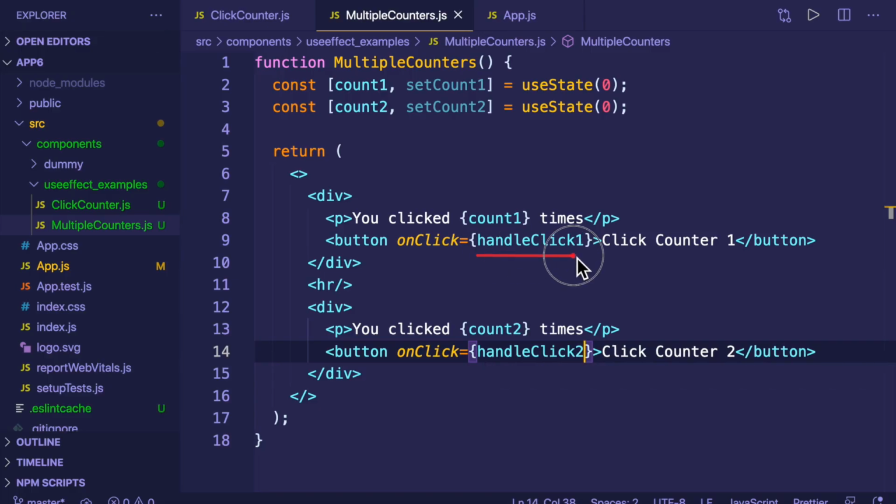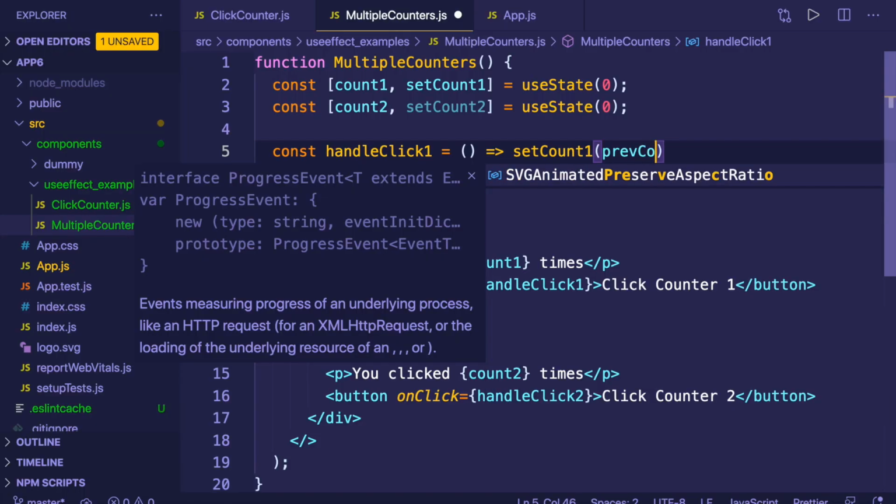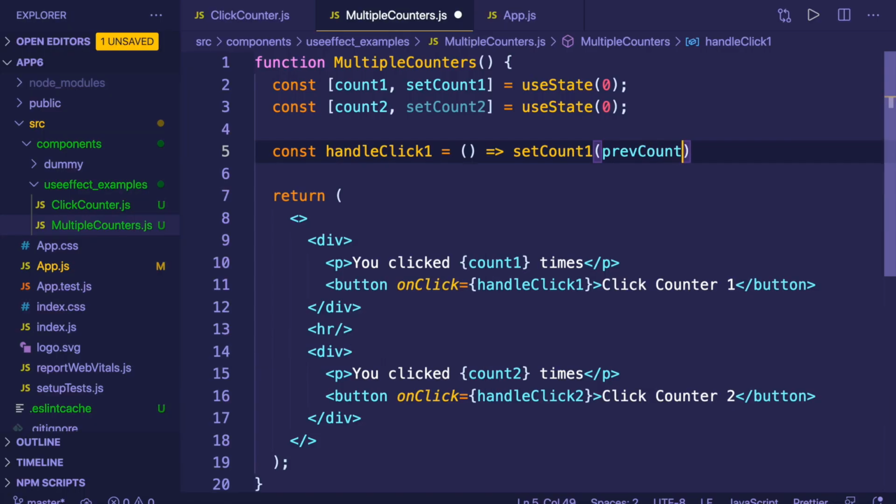Now let us define handleClick1 and handleClick2. So I'm going to write const handleClick1 equals, let's make it an arrow function, and in the function body we need to increment count1, so we need to call setCount1. Since the new value of count1 will depend on the old value of count1, we need to pass in a function. So I'm going to pass an arrow function, and prevCount is the parameter